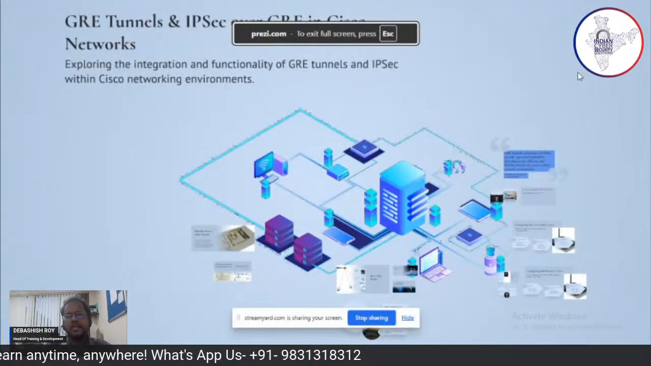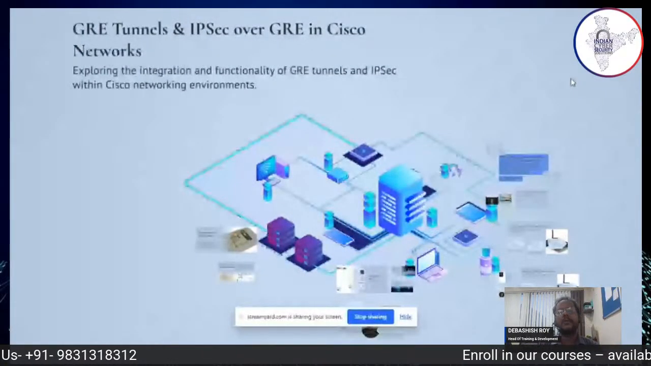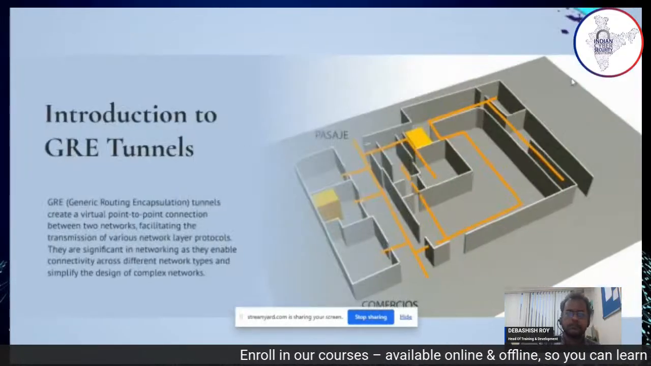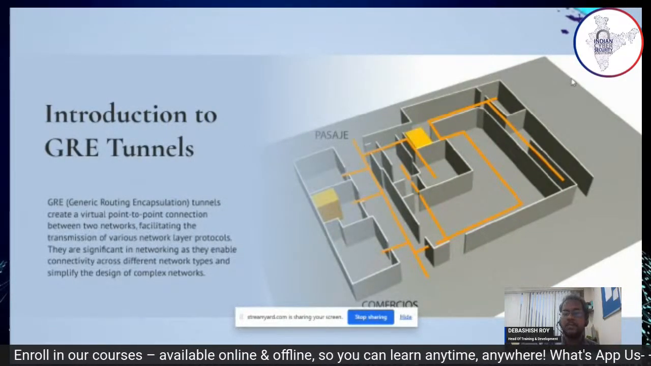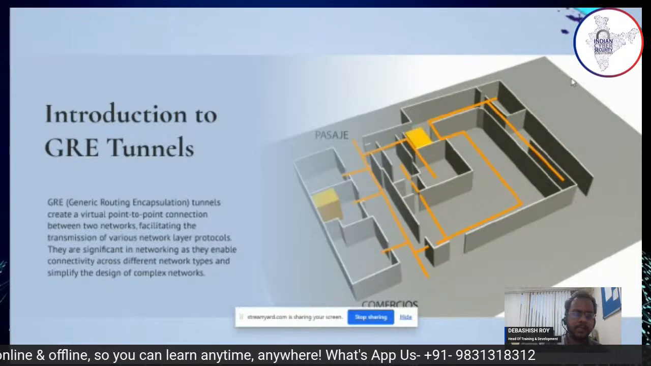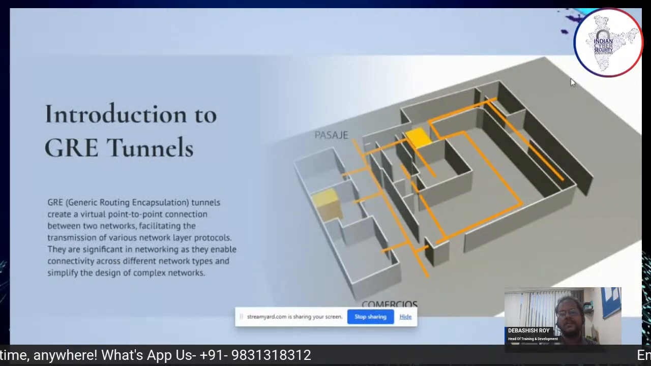So we'll explore the integration and functionality of GRE tunnels and IPSec within Cisco network environments in case of the VPN. We'll first begin with an introduction to GRE tunnels. What is GRE? GRE tunnels create a virtual point-to-point connection between two networks, facilitating the transmission of various network layer